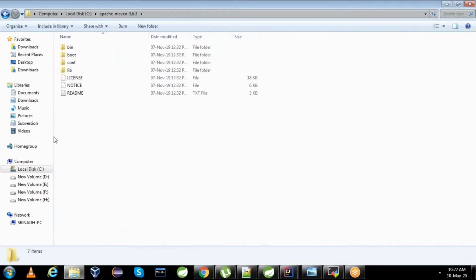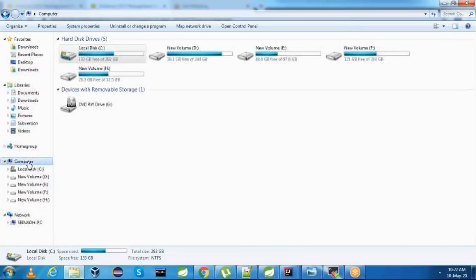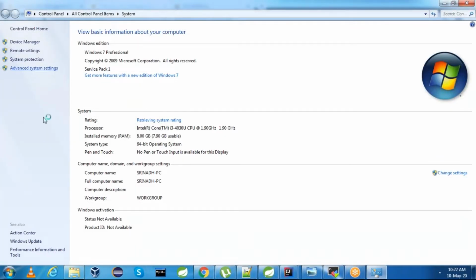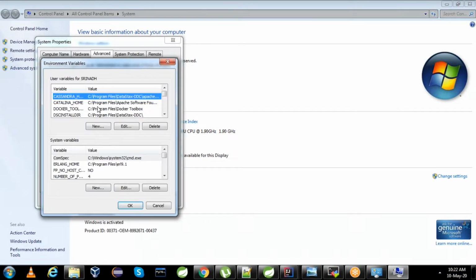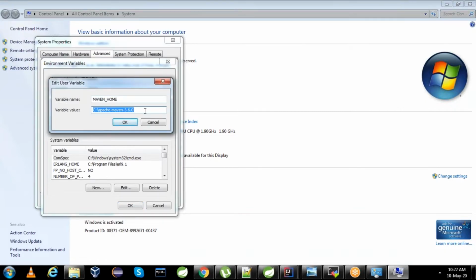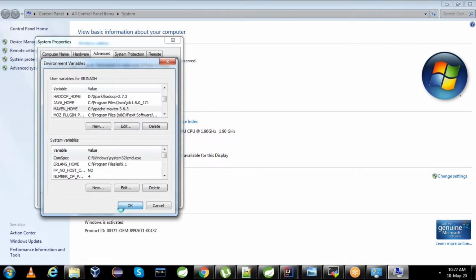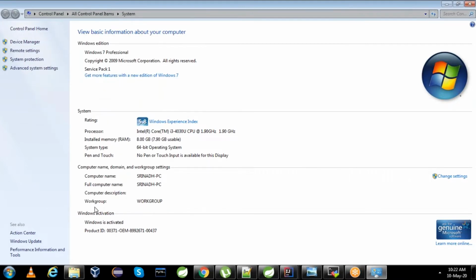We have the Maven directory. Copy this path. Go to computer, properties, advanced system settings, and in the environment variables, look for MAVEN_HOME, change it to 3.6.3. Click on OK. Click on OK.